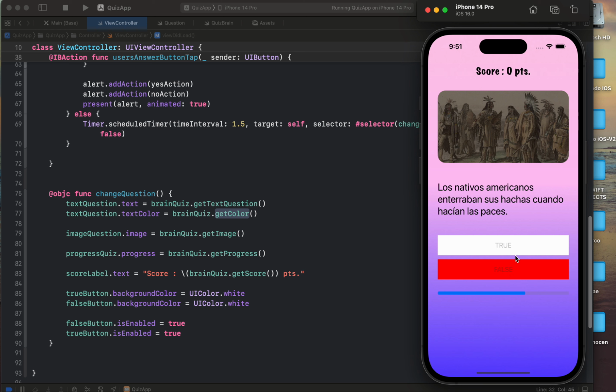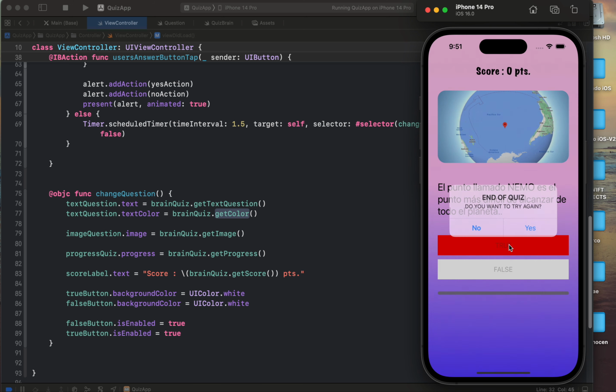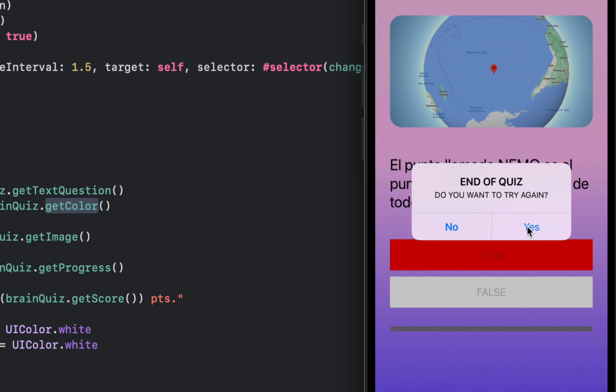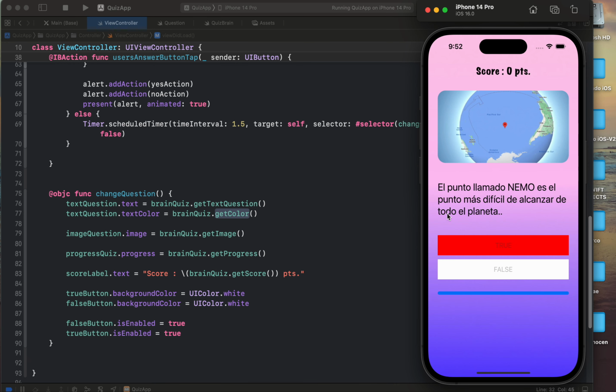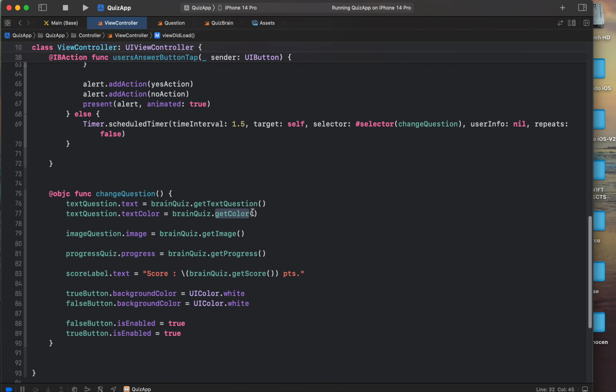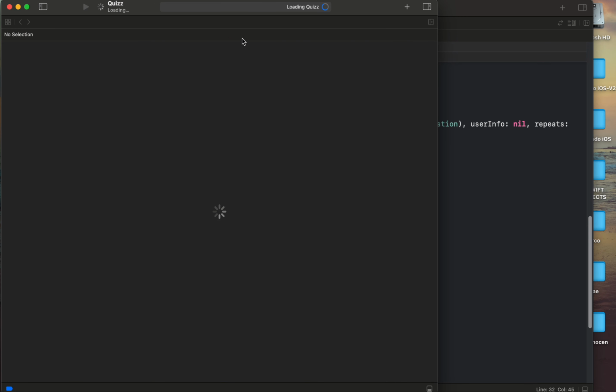Maybe select true. Okay, we can see our alert, and if I select yes, we need to reset our quiz, and we need to reset inside of the button of our alert. So let's add this missing code. Let me, one second. Okay,